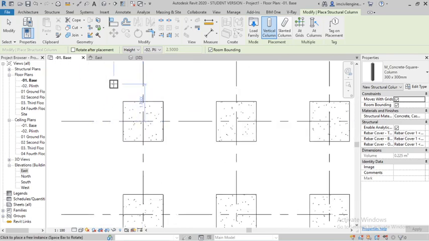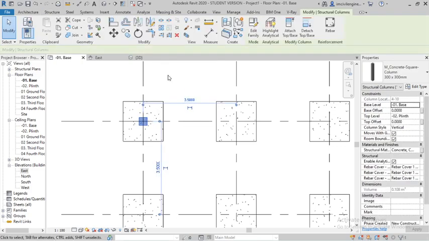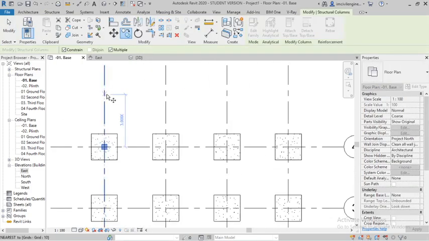Okay, structural foundation. And here is an option called rotate after placement, and you can give the height, and from base to plinth level you can place it. The column size is 300 by 300, so 0.3 by 0.3 meter. Okay, so you can place it comfortably here. Later copy it.